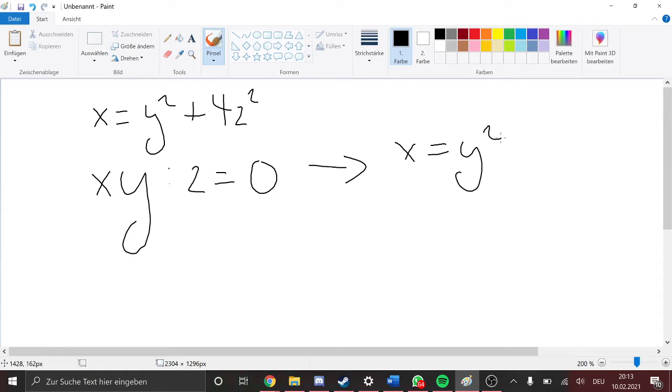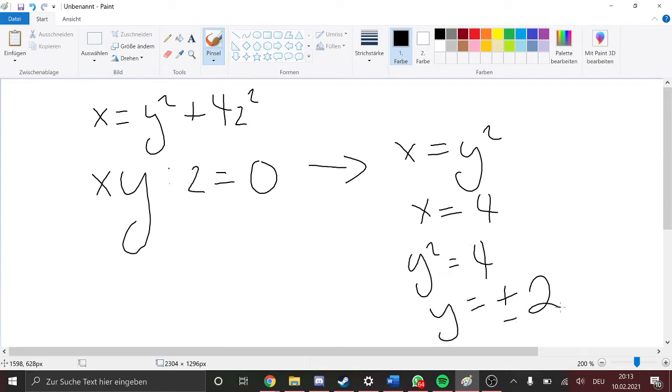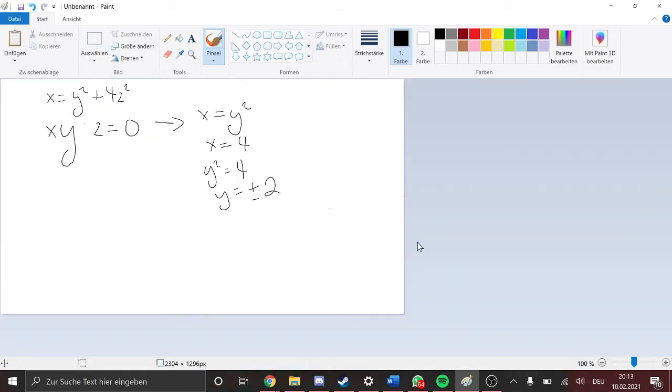And if we plug in a value for x, say we make x equal to 4, we get the equation y squared equals 4, we know that the boundaries of this parabola will be y equals plus minus 2. So the shape of this equation on the xy plane, with the y-axis and x-axis,